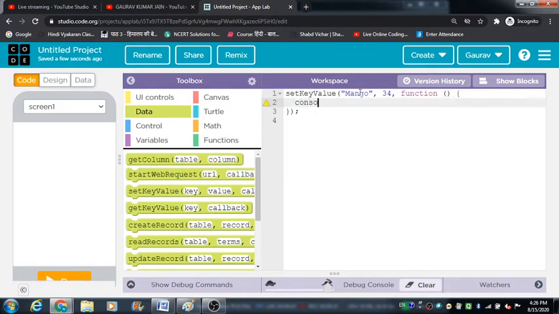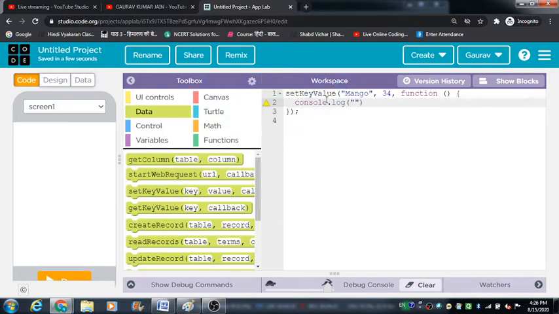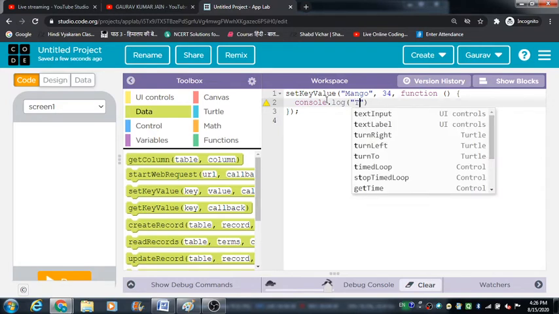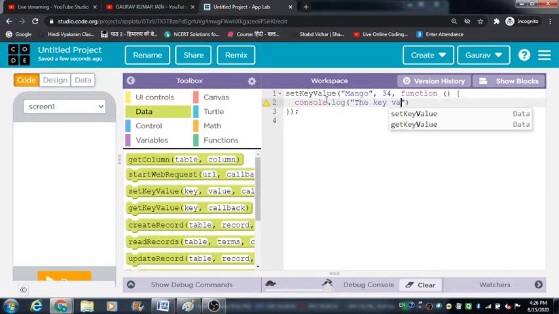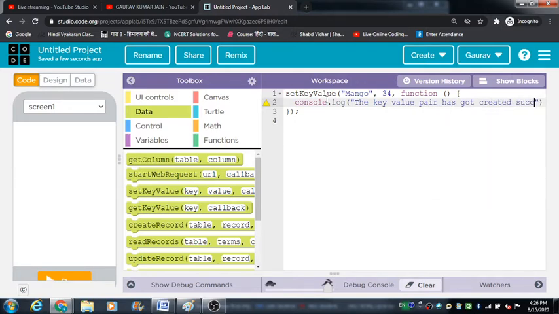So how are we going to call the console panel? We just have to type in this code console.log in order to call the console panel, and here we are going to write down: the key value pair has got created successfully.